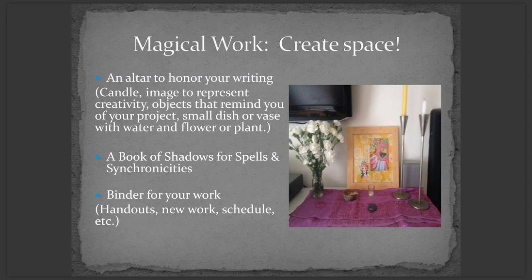So for your magical work, I'm going to ask that you create space. And here in this picture is a picture of my altar from days of yore, a few years back. If you read in the packet, I explain how I first started my altar when I first started this practice. It was just a simple picture of Saraswati. That's that little pink picture in the yellow frame that was on a greeting card that someone gave me, and